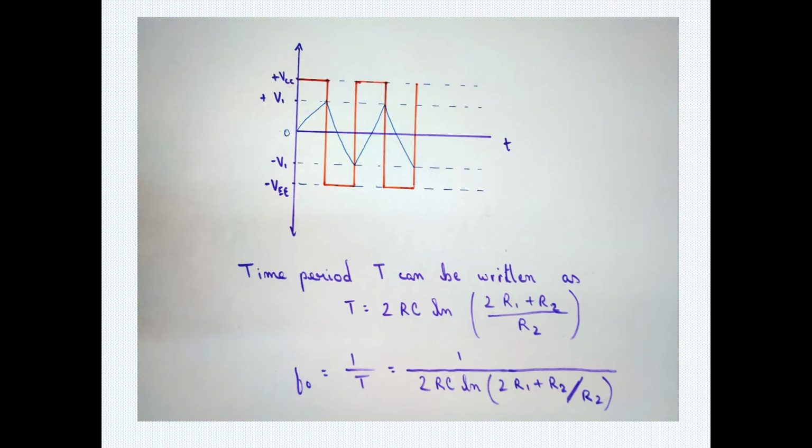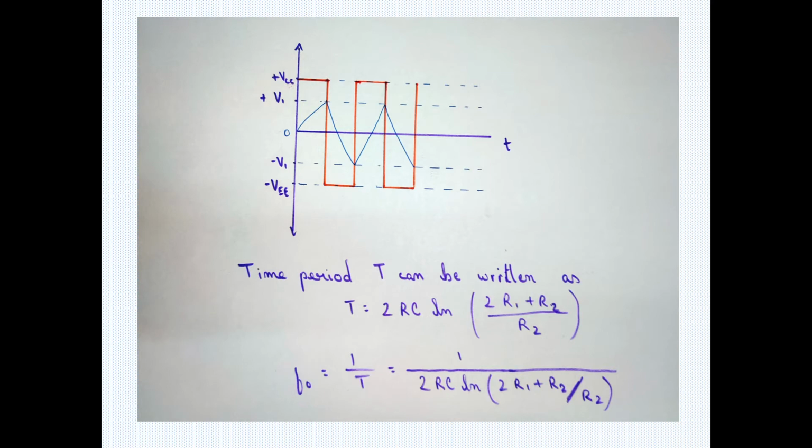So this is the square wave graph. Here, this denotes the output voltage and this is the capacitor voltage. Initially, when the capacitor voltage is 0, the output voltage is at the positive saturation and it slightly increases. When it is slightly more than or equal to V1, the output changes from the positive saturation to the negative saturation, and it stays there until